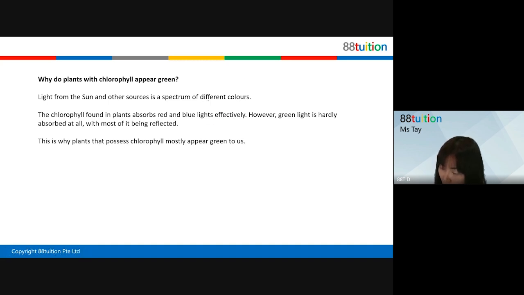And the spectrum of colors. If you know the difference of light, the different colors of light. Now, light is white. That's what we see, right? But it is actually made up of 7